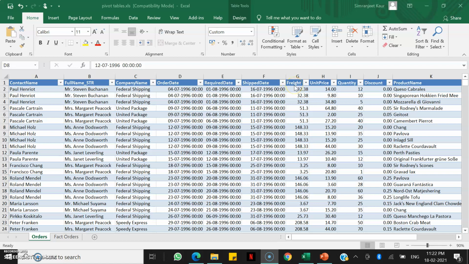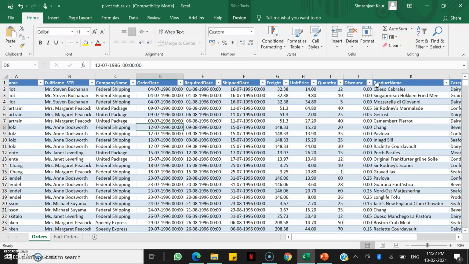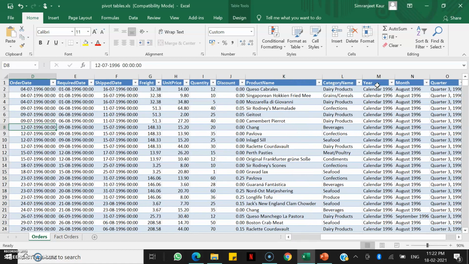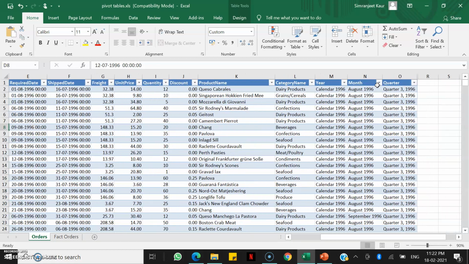Then we have freight, unit price, the quantity which is sold, and discount. After this we have product name, category name. There are different categories here: dairy product, grain, dairy product again, confections, beverages, and so on and so forth. Then we have year, month, and quarter, right?